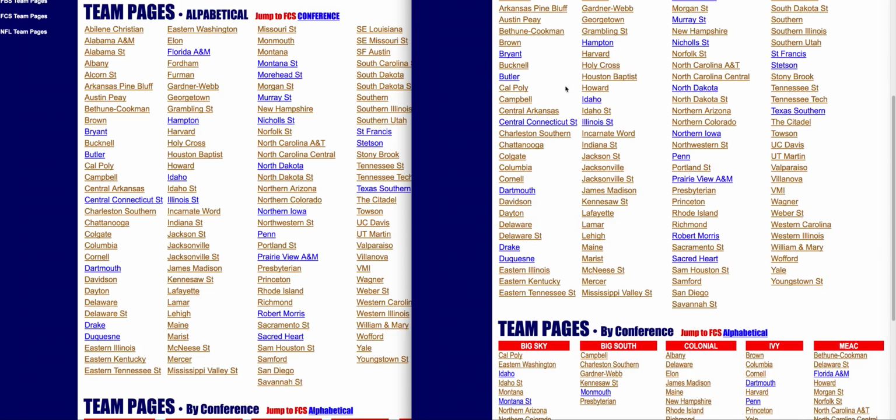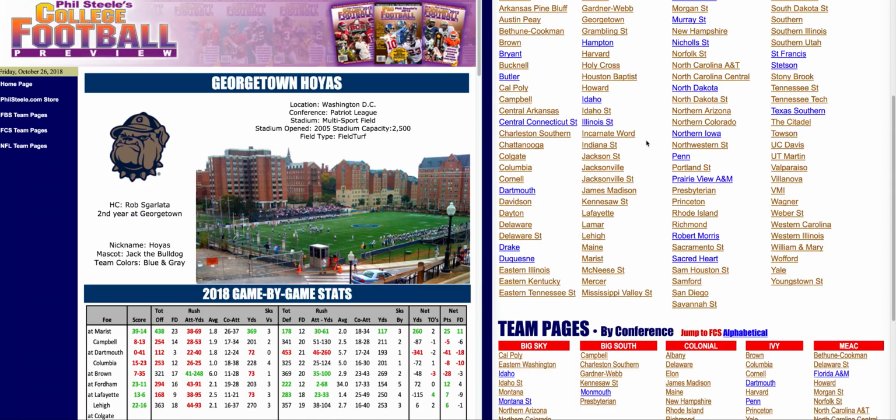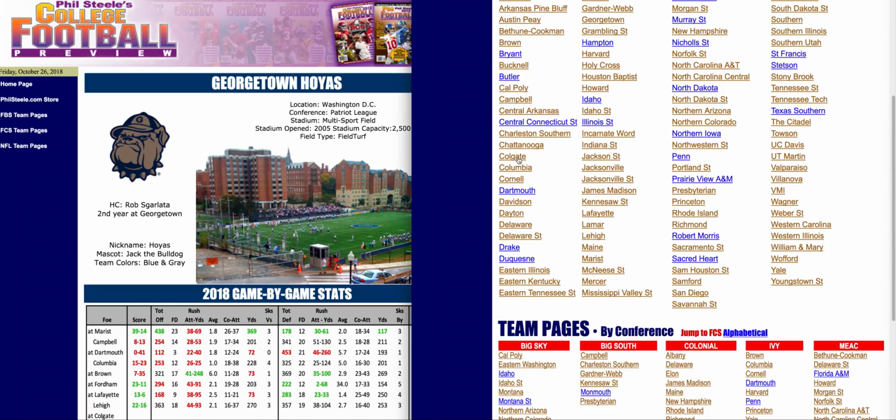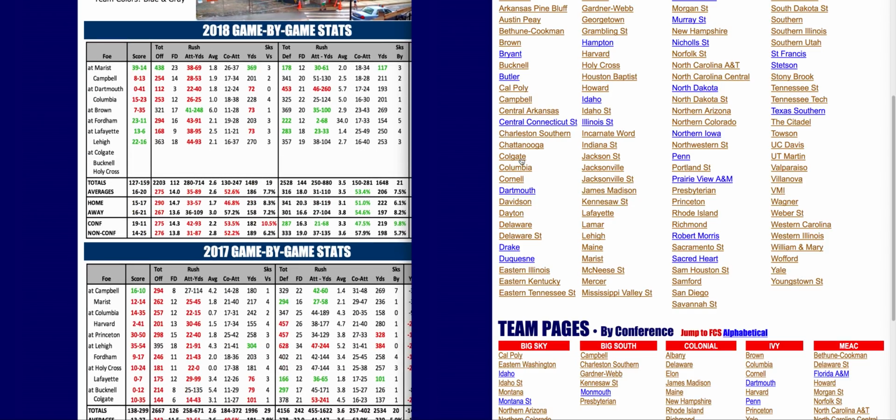The other one we're going to look at is Colgate against Georgetown. And this one is one where I think Colgate gets a shutout. And that sounds like it might be going out on a limb, but it's really not. Let's take a look at Colgate and